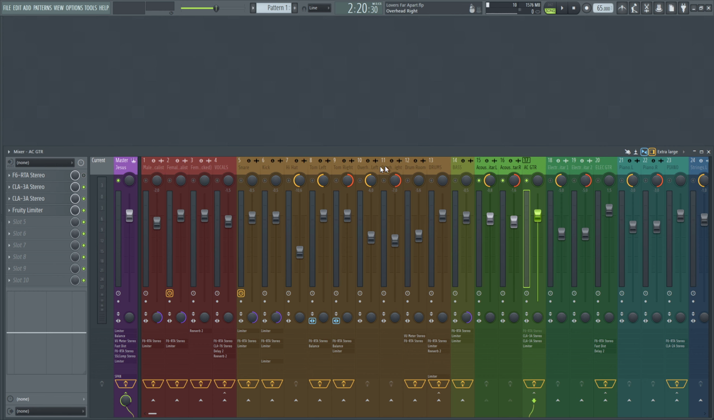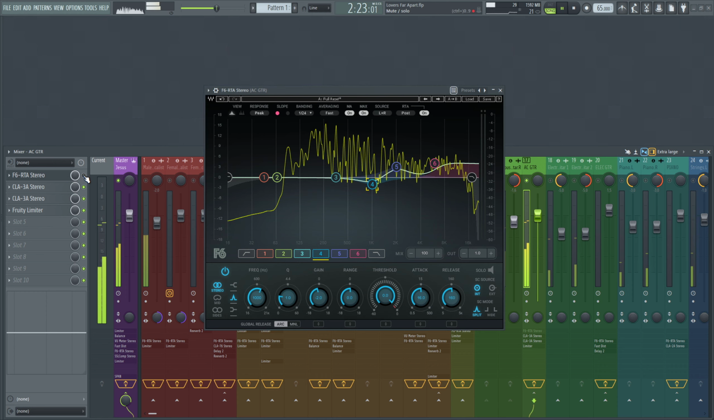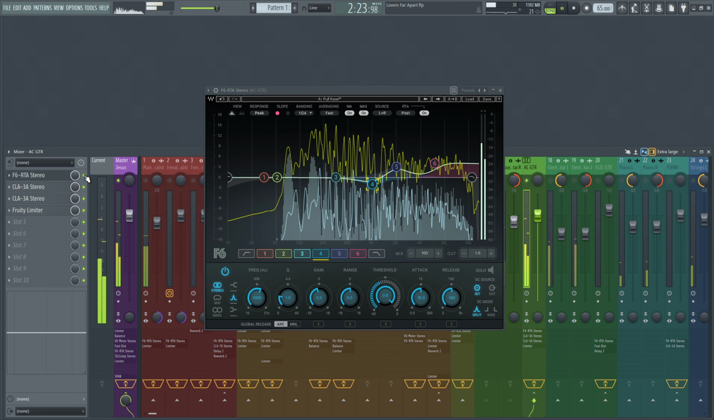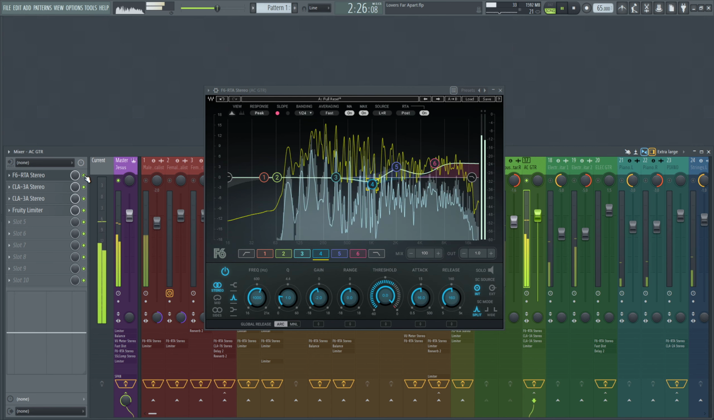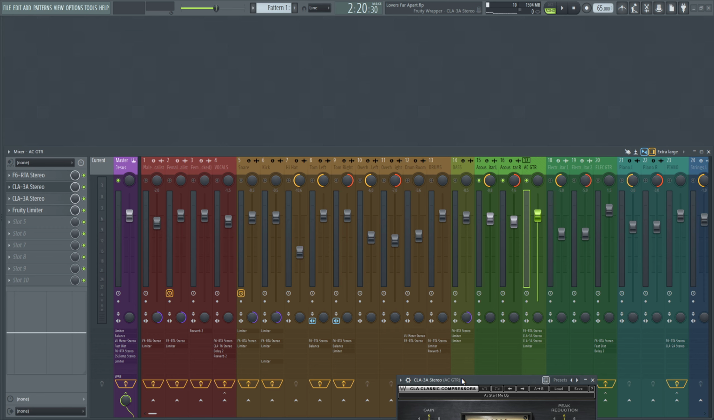In fact, let me show you how it sounds without the EQ. With. So it sounds a lot clearer because of these 2 boosts and this 1 cut right here. Alright, so then here it is. Moving on to our